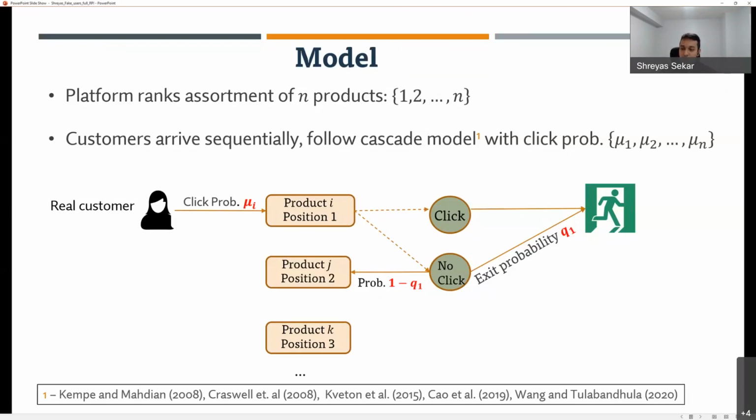So for example, let's say that I like the first product by an amount that's 100, and the second product by some amount like 1. Then my click probability for the first product would be 100 divided by 100 plus 1 plus 1, or something like that. So you can use this to capture the idea that your decision is completely dependent on the assortment. And I would say that this is in fact the more common model when it comes to the assortment selection literature.